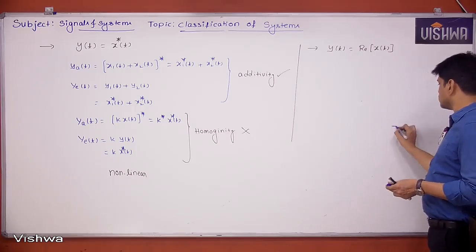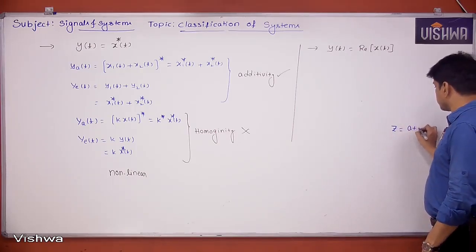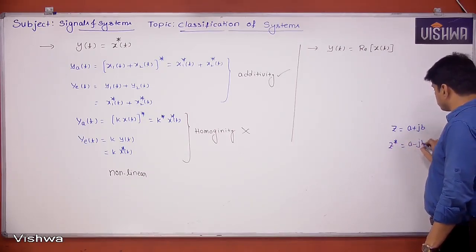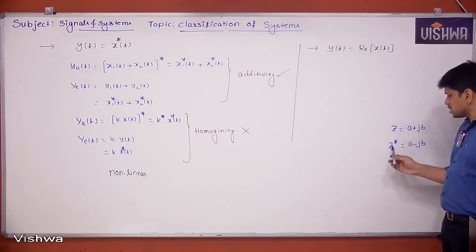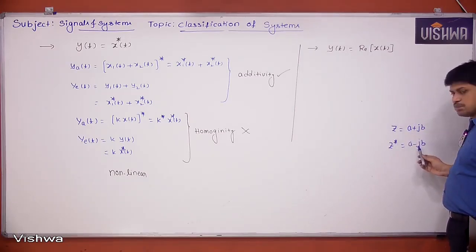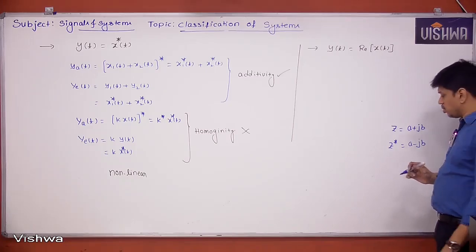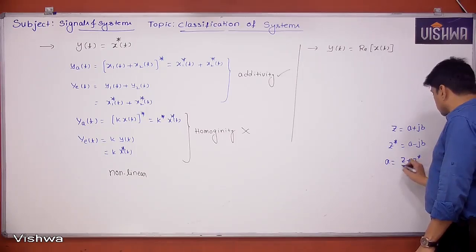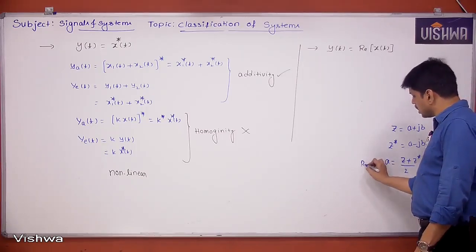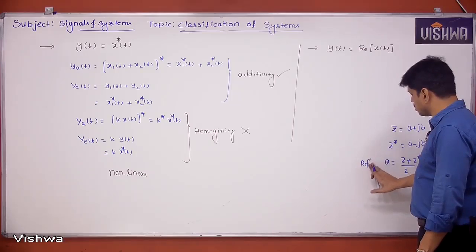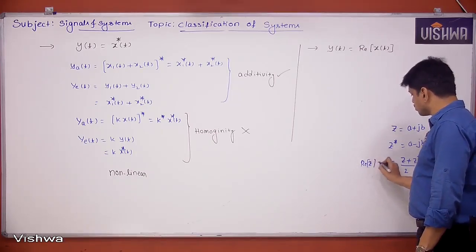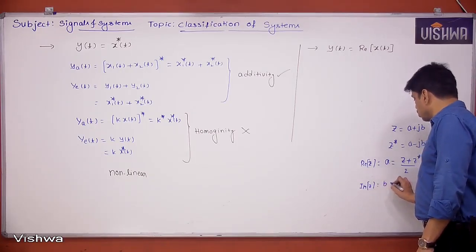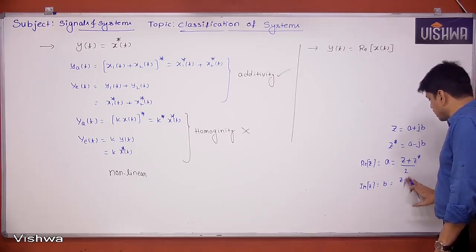Suppose you take z, a complex number, which is a plus jb. What is z conjugate? It is a minus jb. Now if I add z plus z conjugate, jb minus jb gets cancelled, and finally it is going to be 2a. If I try to find a, this is nothing but z plus z conjugate divided by 2. So this is the real part of the complex number z. In a similar way, the imaginary part of z is b, which is z minus z conjugate